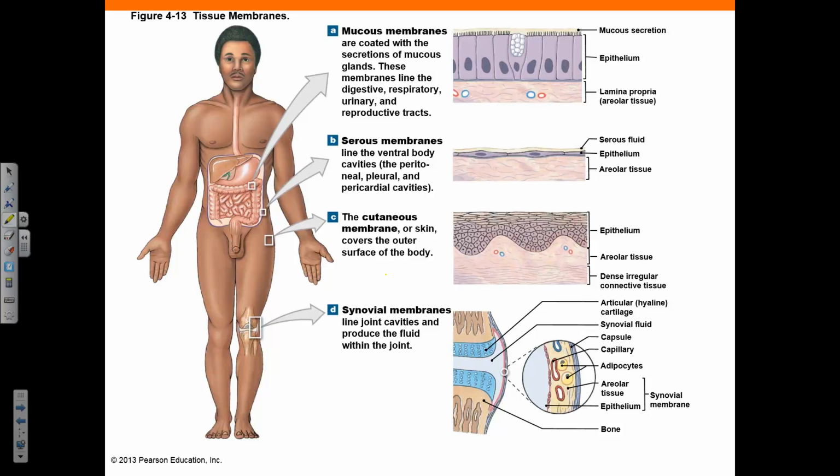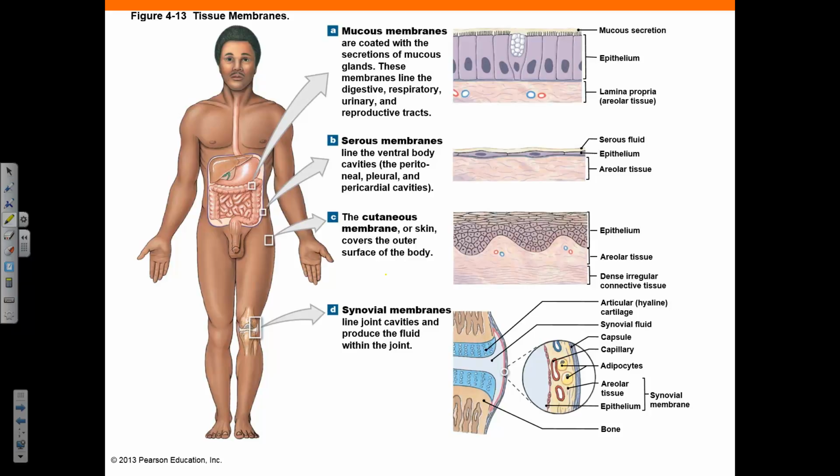Serous membranes line the ventral cavity of the body, and the membrane consists of simple epithelium supported by areolar tissue. Serous membranes include the pleura, peritoneum, and pericardium, and have been previously discussed. The cutaneous membrane is also known as the skin and is composed of stratified squamous epithelium and is supported by